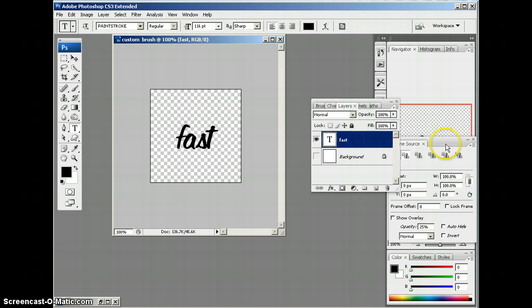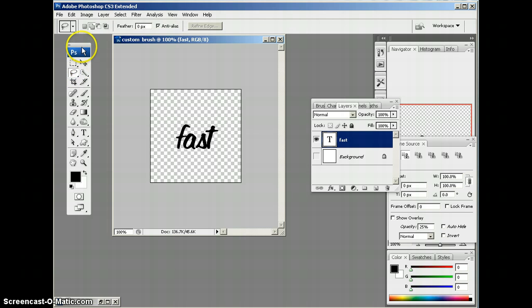Okay, once you've made your word, you're going to take the lasso tool. The lasso tool looks like one of those. Okay, excuse the loud noise there. Okay, so anyway, the lasso tool looks just like a little icon of a rope making a little circle up at the top. So we're going to go ahead and take the lasso and draw a selection. You're going to lasso around your word. And the shape of that doesn't matter,